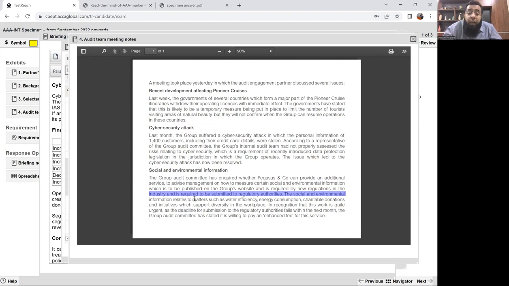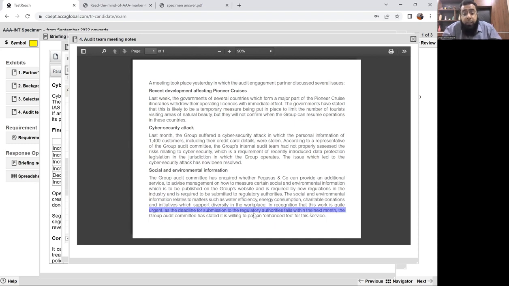The social and environmental information relates to matters such as water efficiency, energy consumption, charitable donations, and initiatives which support diversity in the workplace. In recognition that this work is quite urgent, the deadline for submission to the regulatory authority